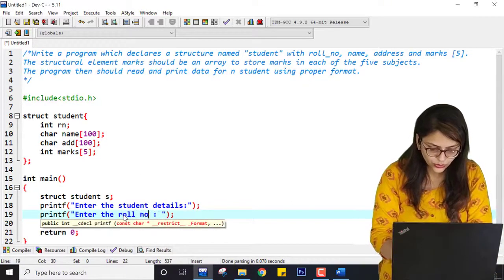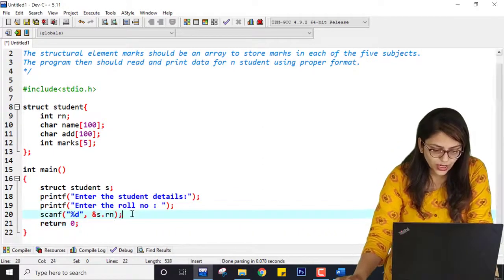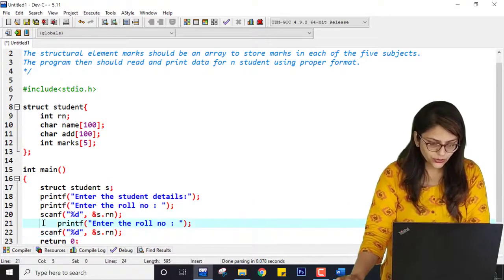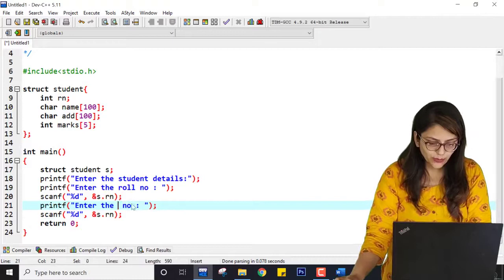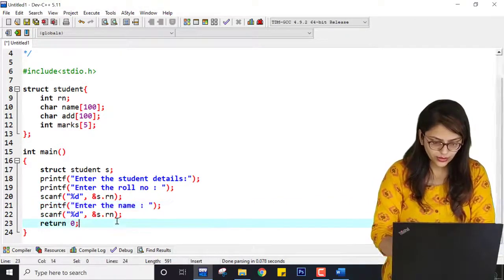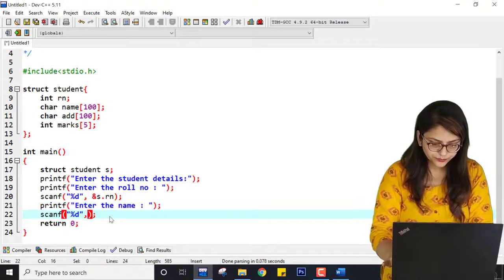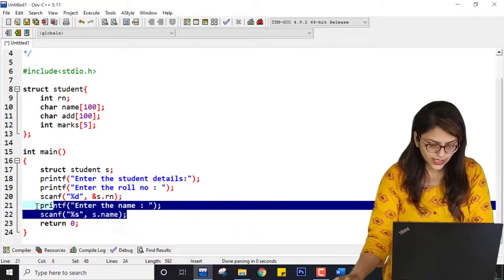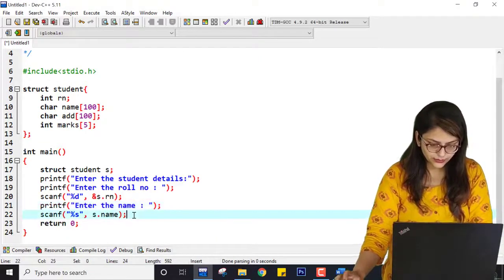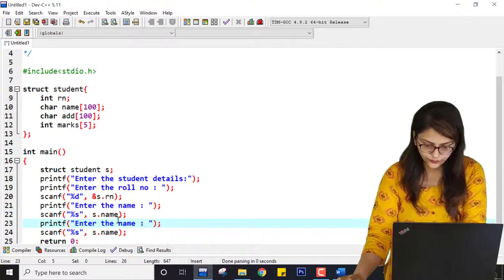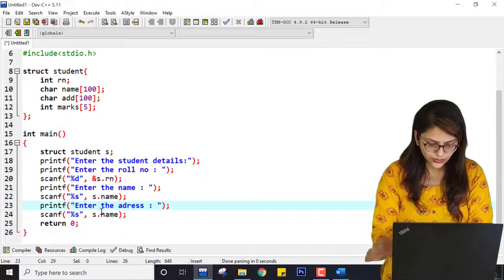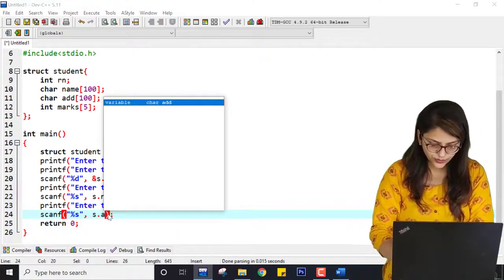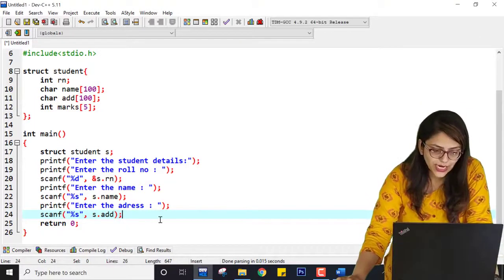Then I copy this and paste it over here. Now enter the name, and here it will be s dot name with %s. Let me copy this and paste it again. Enter the address, and here it will be s dot add, so the address will be added.